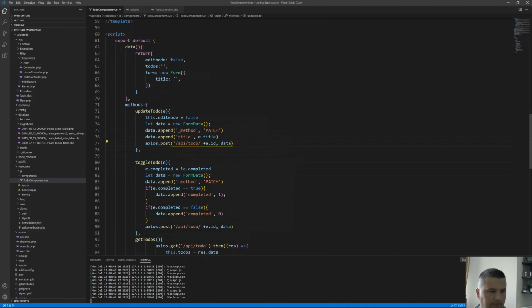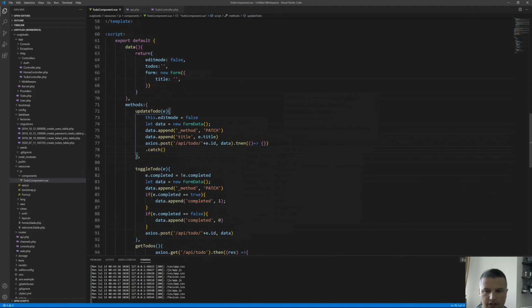Basically everything is the same because we are hitting the same route. We are sending the ID, so we know what we have to update, and we are sending the data, which is in this case the title, the new title we have just edited. Then, for now I don't want to perform anything, but I want to catch any error,